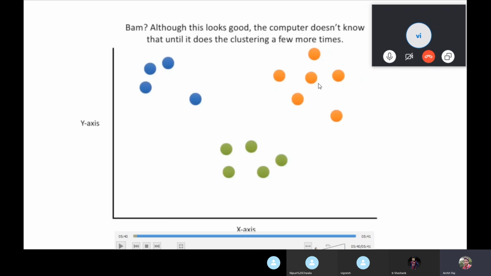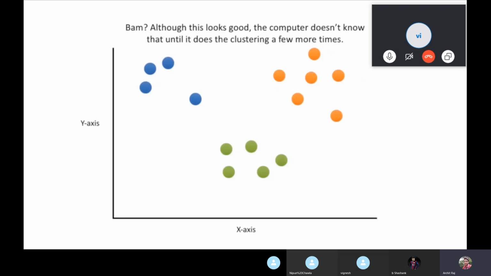If you now do the same thing, the data points will not change. This particular point will stay in the yellow one only. All the points in the green one will stay in the green one only. All the points in the blue one will stay in the blue one only. It means from the last step to this step, not a single point changed. It tells the machine that if you do the iteration again and again, nothing is going to change because the position has been fixed now.